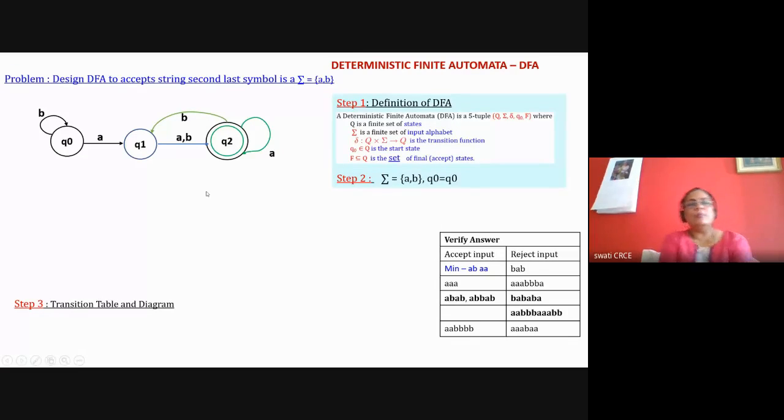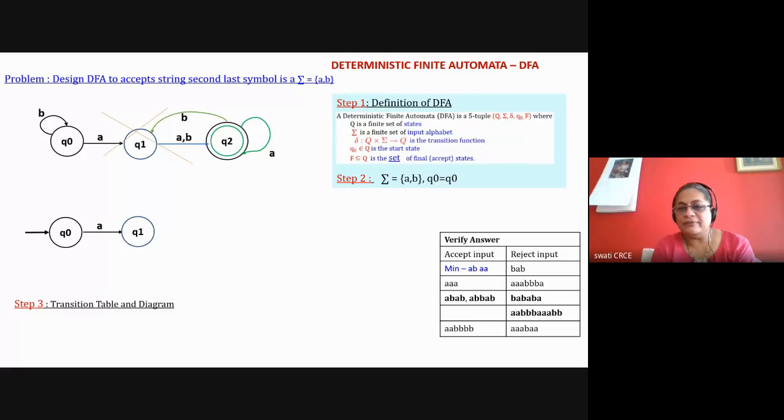So like this, you may make a mistake in the exam. It is a trial and error method, no point. You can draw it, but you have to verify. In verification, I'm saying that this is not allowed. I cannot draw this diagram. Okay, so I'll draw it again. In the state Q0, I'll say that with A, it will go to Q1. That is right. Now, can anyone suggest what to do?